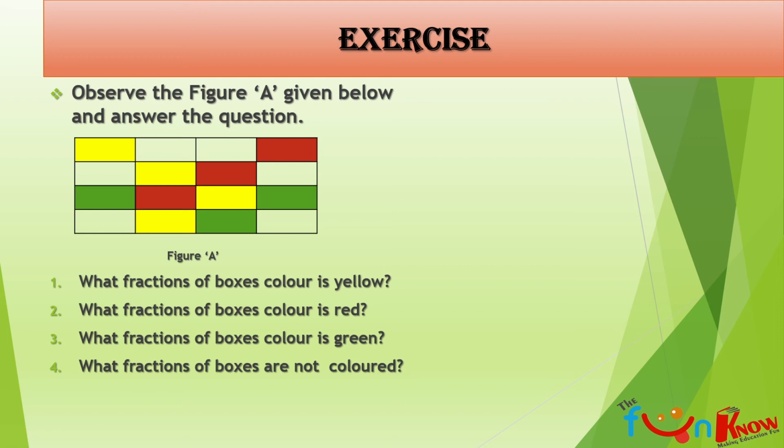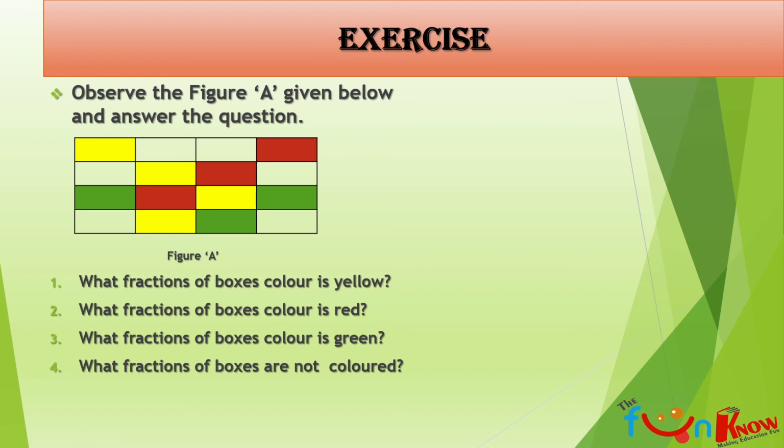Okay. Now they are telling me to find out how many yellow color boxes are there. 1, 2, 3 and 4. So I feel there are 4 yellow color boxes. Am I right? Yes, I am right. So our fraction for this question number 1 will be 4 upon 16. So tell me, students, 4 upon 16, right? This is our fraction. Can we simplify this fraction? Yes, we can simplify. 4 ones are 4, 4 fours are 16. So our new fraction will be 1 upon 4. For question number 1, the answer should be 1 upon 4, right?